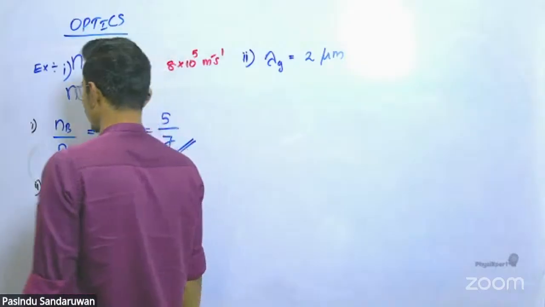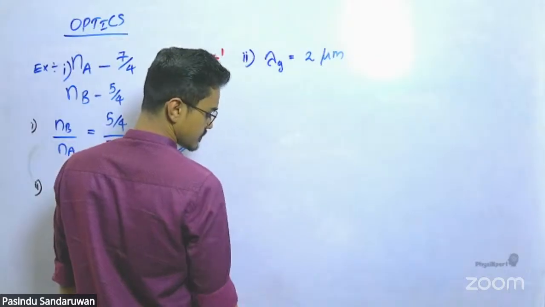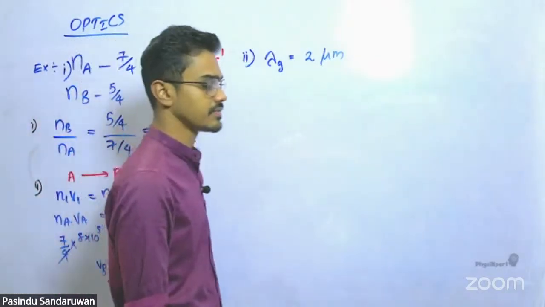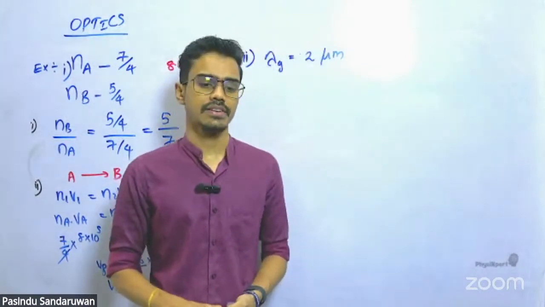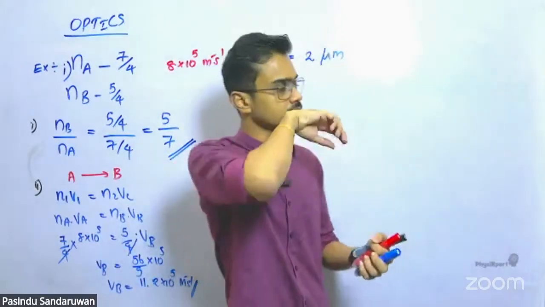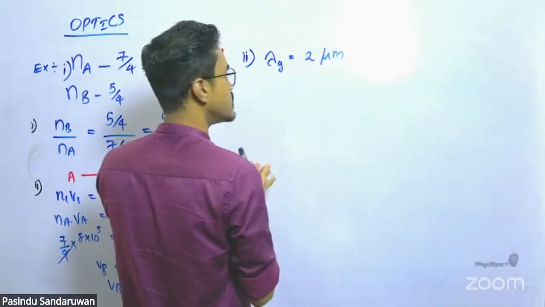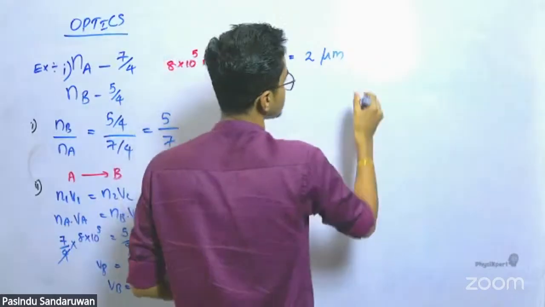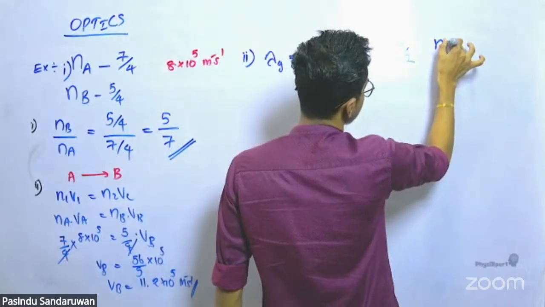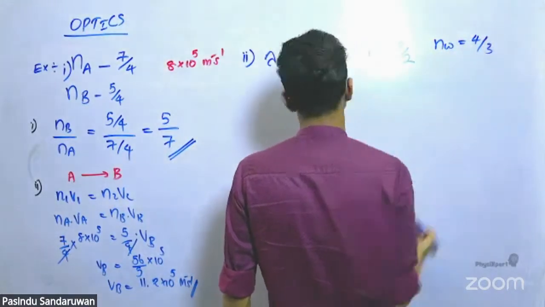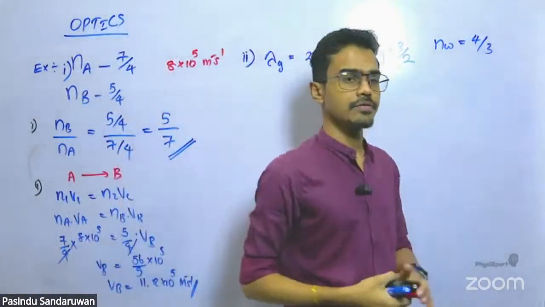If the refractive indices of glass and water are 3/2 and 4/3 respectively,